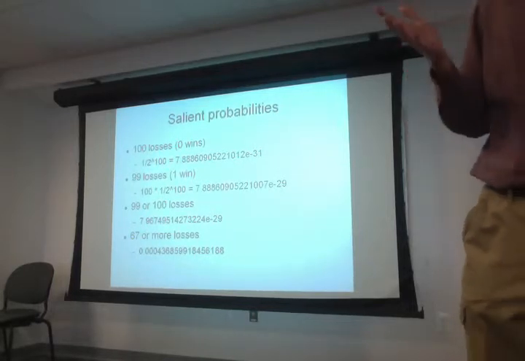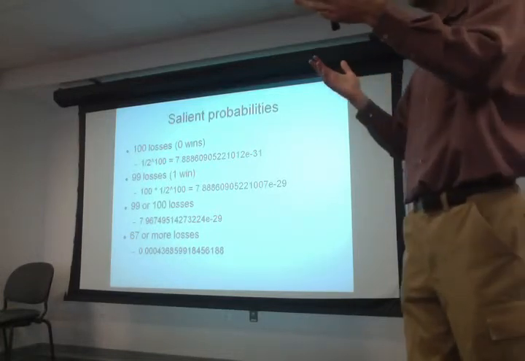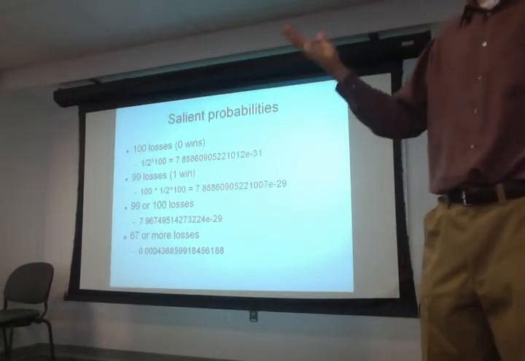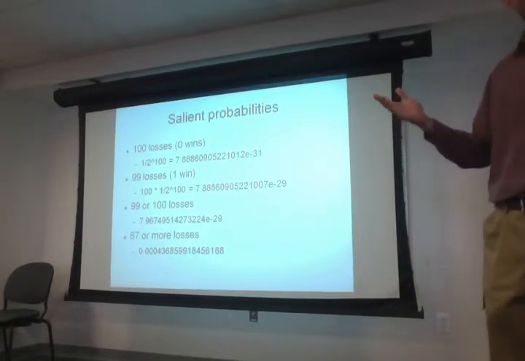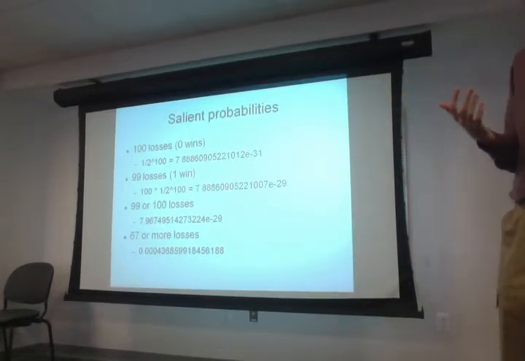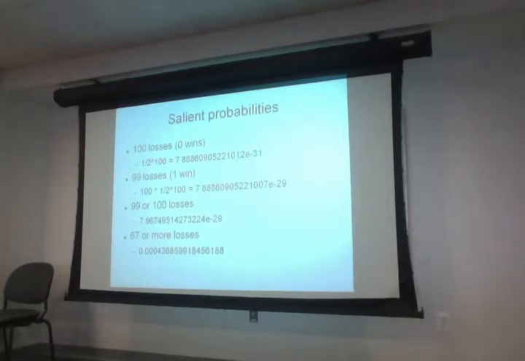If you just play one round of a coin toss game, what's the probability of losing it? What's that? It's 1 out of 2, which is 50%, right? Now, if we increase the number of tosses to 100, we get down to 0.04%. All right, so to give you some more representative numbers here,